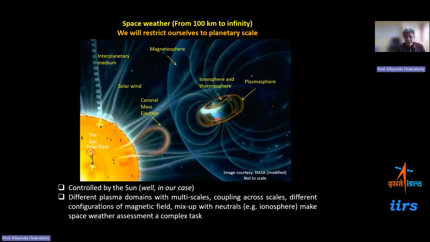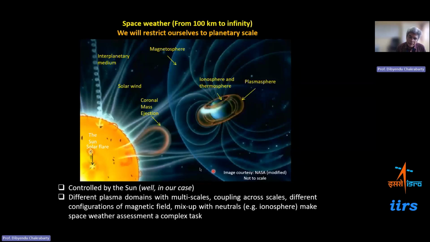Now, when you say space weather, on the right hand side you see magnetic field lines encircling the Earth. Up to a certain distance, the magnetic field lines are closed and they co-rotate with Earth. Beyond that distance, the magnetic field lines can get opened up because of the interaction with the magnetic field coming from the Sun. If they are of opposite polarity, they can open up the Earth's magnetic field, giving direct entry to solar wind particles or magnetic field disturbances at the higher heights of the Earth. That is the near Earth space, or geospace. That's how we call it.